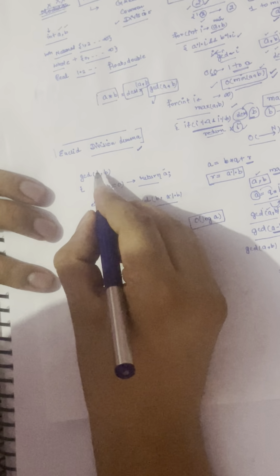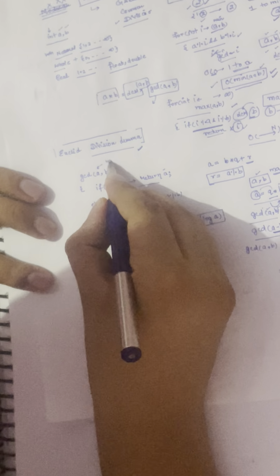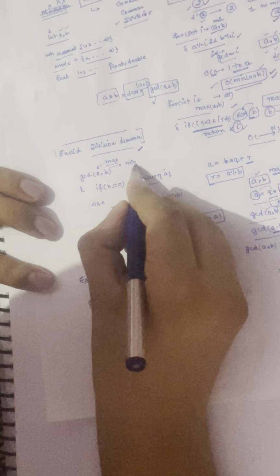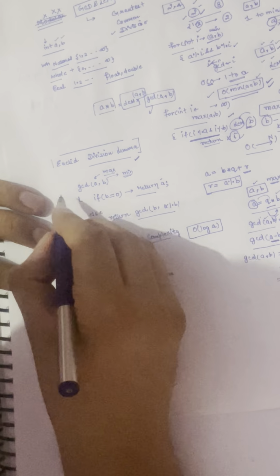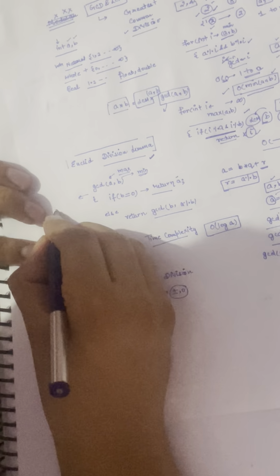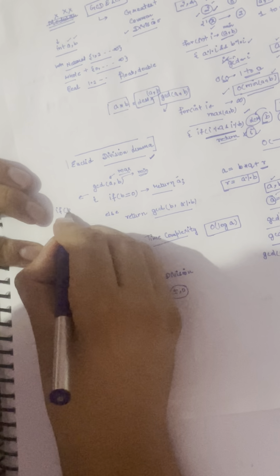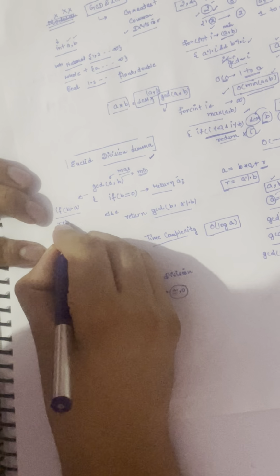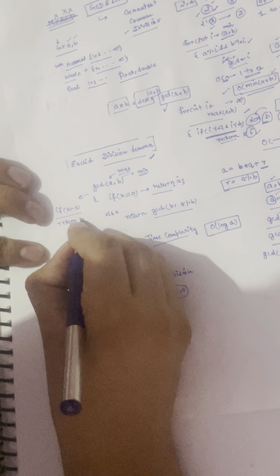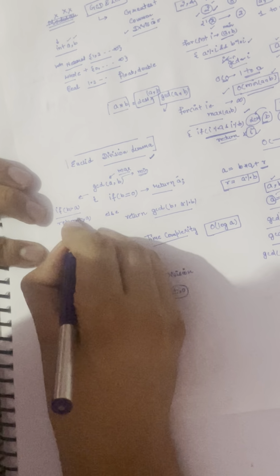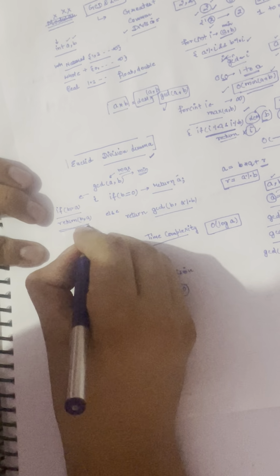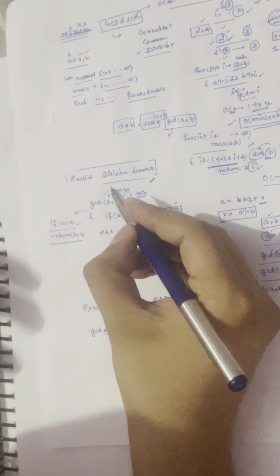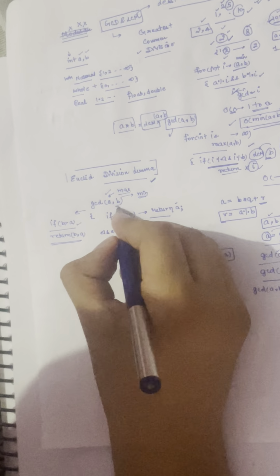Let's say we are finding GCD. This is the maximum of those two numbers, and this is the minimum. We would first check: if B is greater than A, then return GCD of B comma A. By calling this line, we make sure that the first parameter is the bigger one and the second parameter is the smaller one.